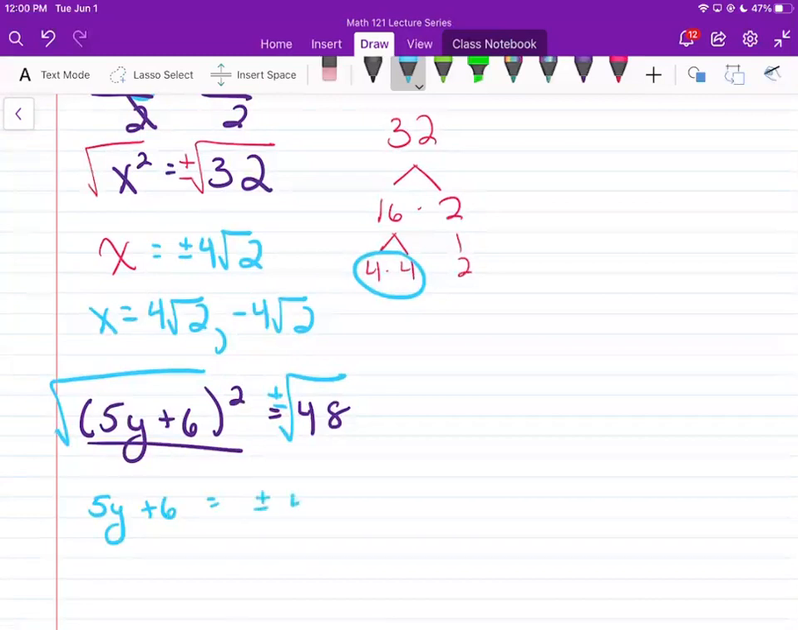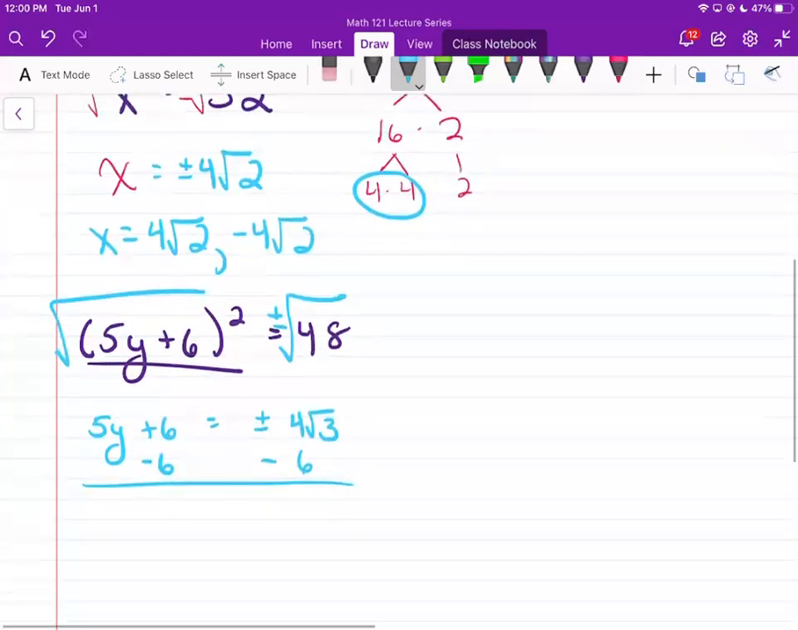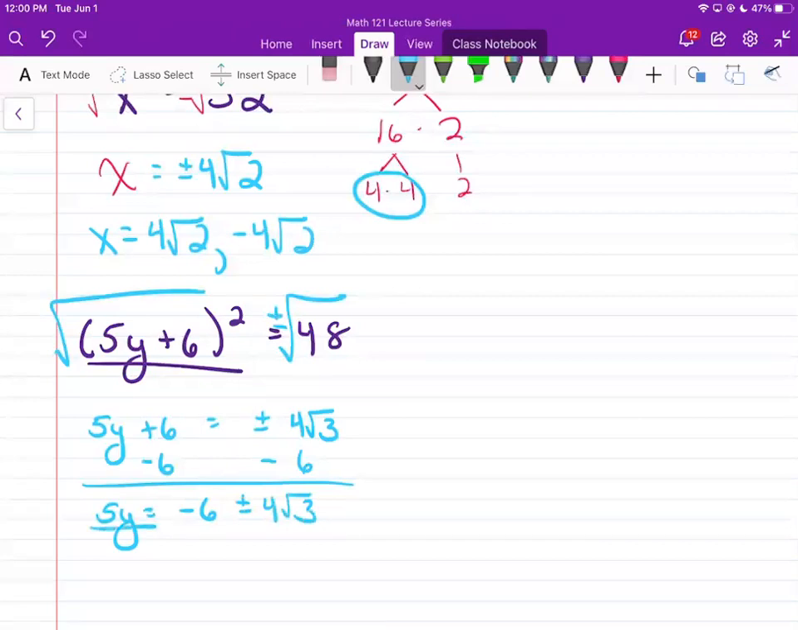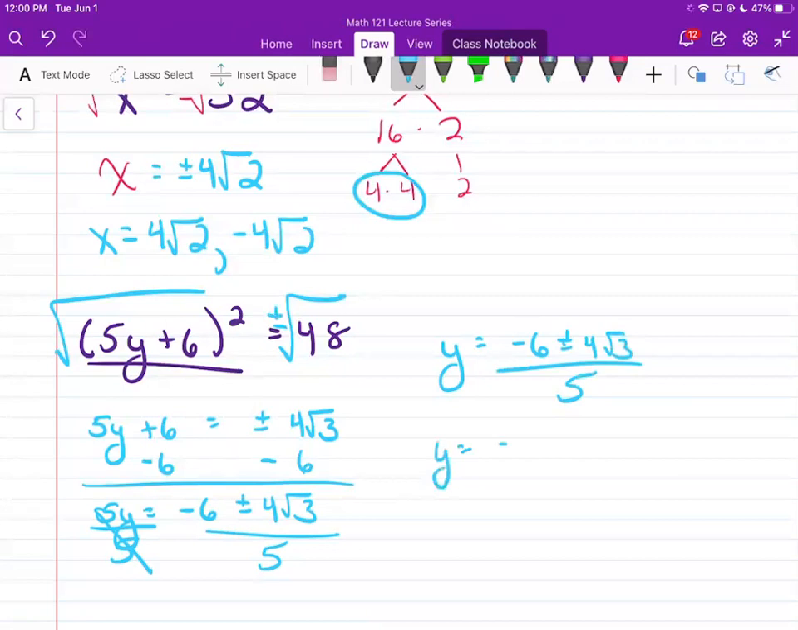When I factor this, I get 4 square roots of 3. And then I do the same thing, but notice this becomes negative 6 plus or minus 4 square roots of 3. It's still 2 terms. And then I divide the whole thing by 5 to leave me with y equals negative 6 plus or minus 4 square roots of 3 over 5, which again can be written that way or as